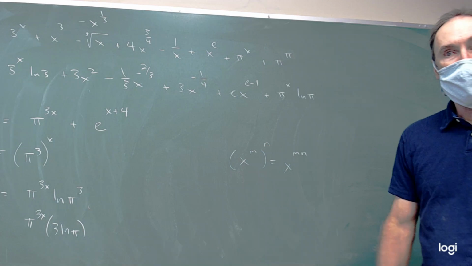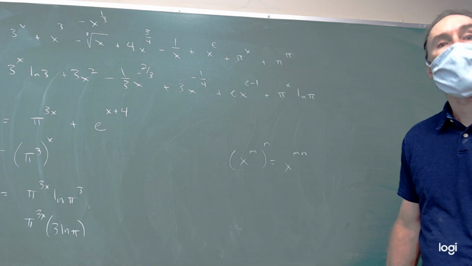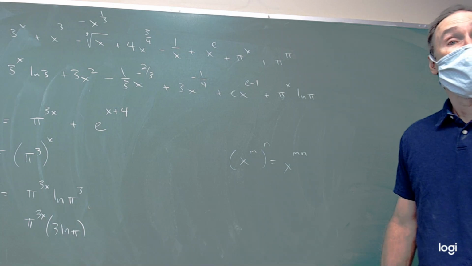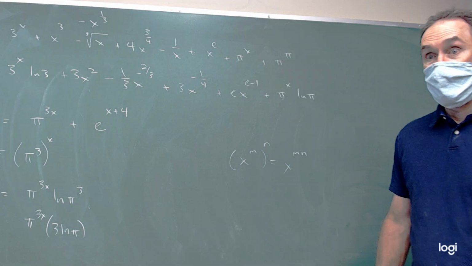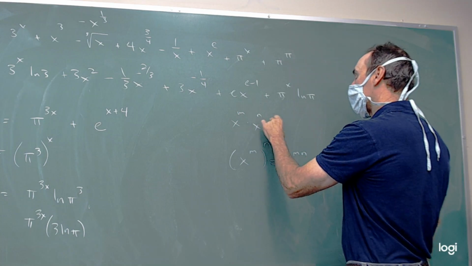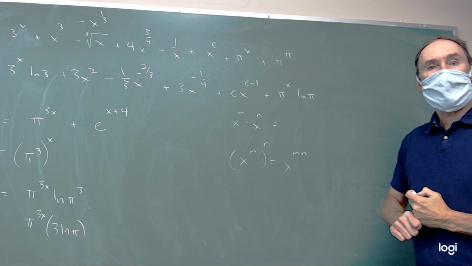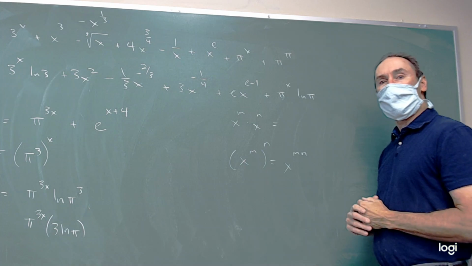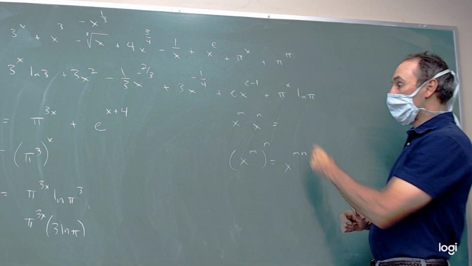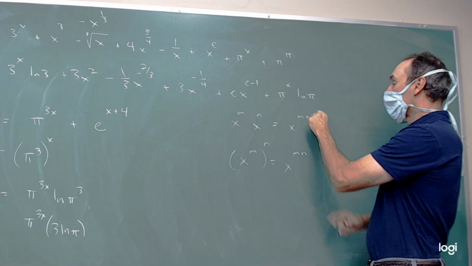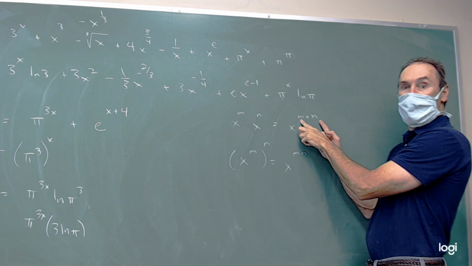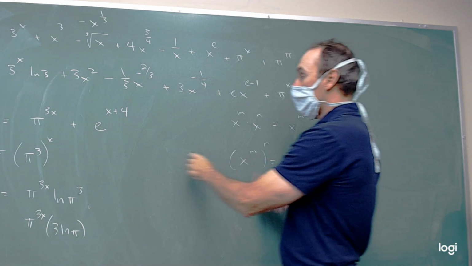We have to do a different property of exponents. Can you see it? Maybe, maybe not. So if we have x to the m times x to the n, the property of exponents we learned way back in our Algebra 2 days, maybe even Algebra 1, that's going to be x to the m plus n. So now we're going to go right to left again, because we have an addition in the exponents. So we can write that as